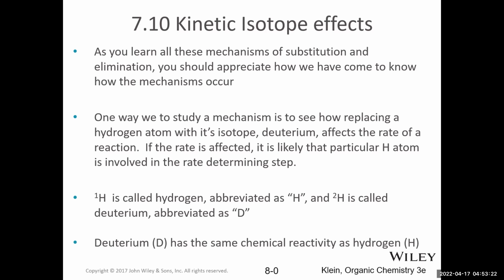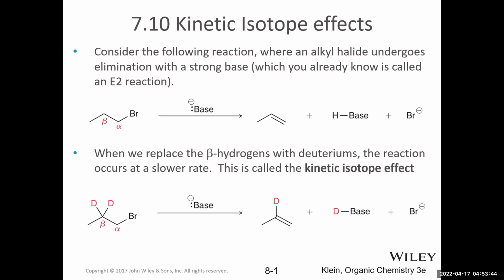So the other isotope of hydrogen that we'll be referring to, which is the one that has a proton and a neutron in the nucleus, will be referred to as deuterium, and we'll label that D instead of H. But don't get confused, that's still a hydrogen atom. It's just a different isotope than the most common isotope of the hydrogen atom. So it essentially has the same reactivity as a hydrogen atom, except for the fact that when deuterium is bonded to carbon, it makes a stronger bond, which will have an effect on the rate if that bond is being broken in the rate determining step.